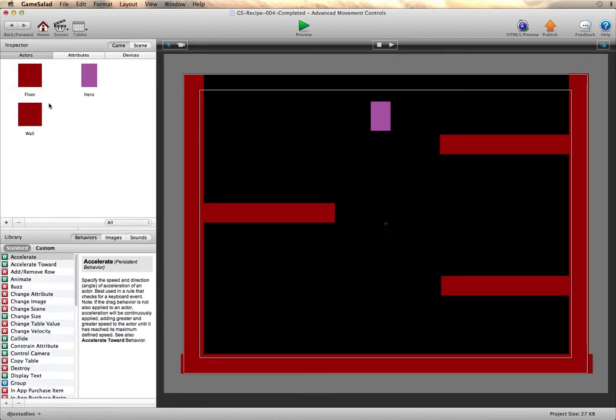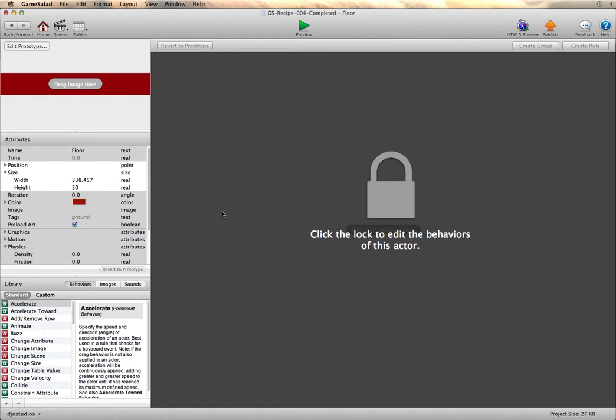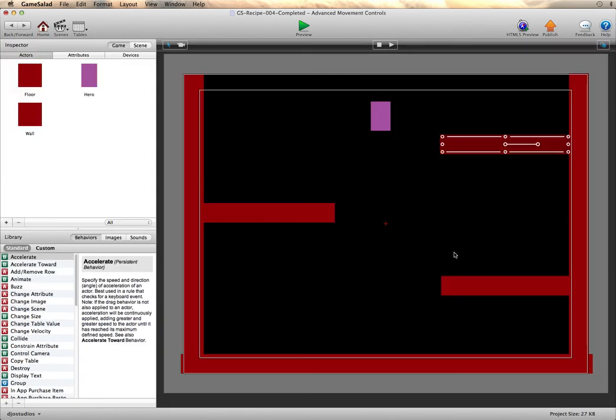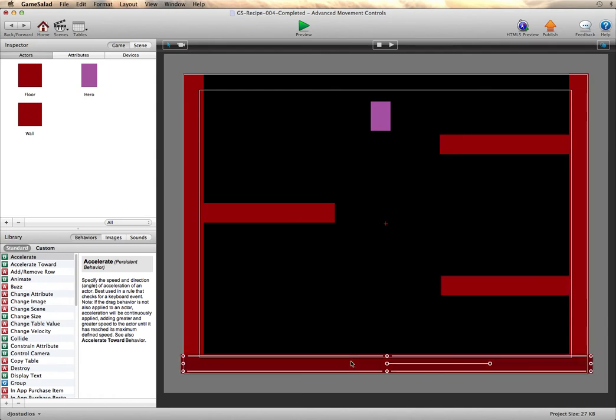Then of course we dragged out floor and reset these pieces, and if I double click on this, you can see that the height remains at 50, but we just manually stretched the width. And that goes the same for these other pieces. This one would have been duplicated from here, and then a last one on the floor. Now let me actually go back in and show you something that's different here